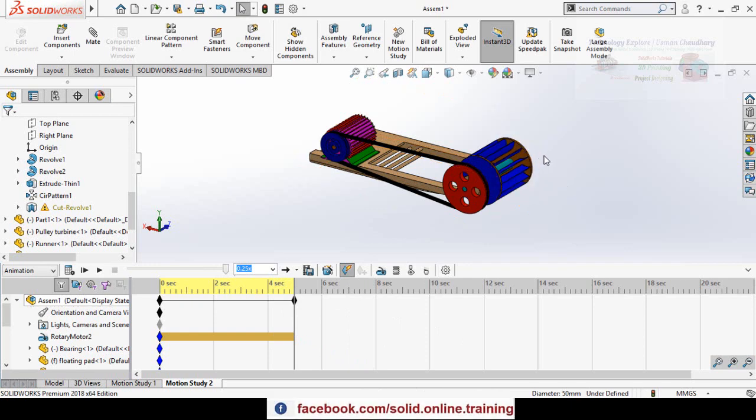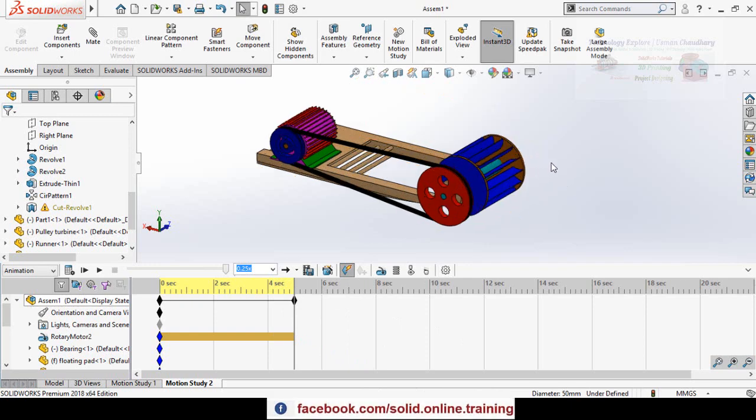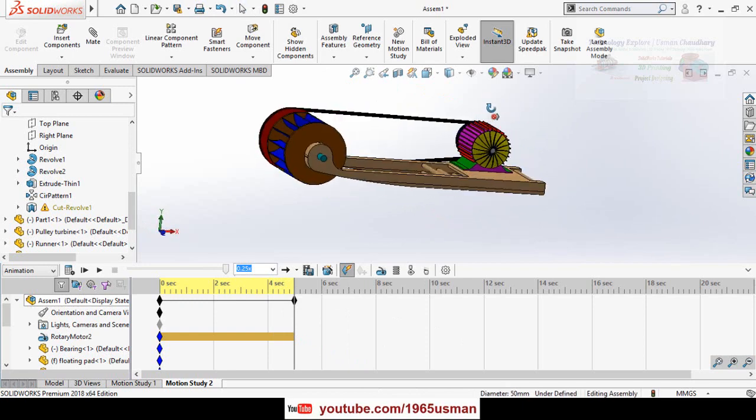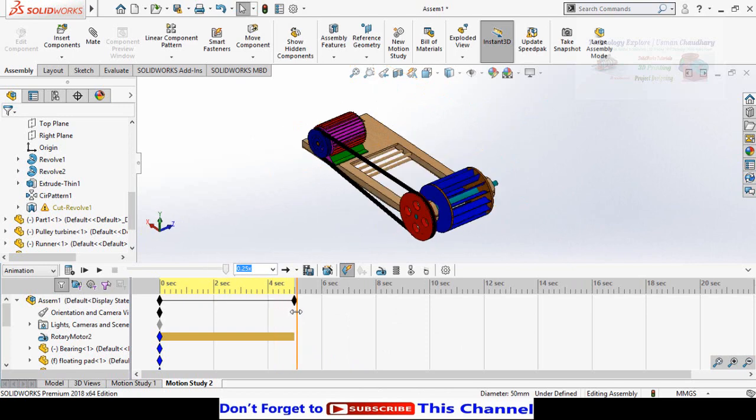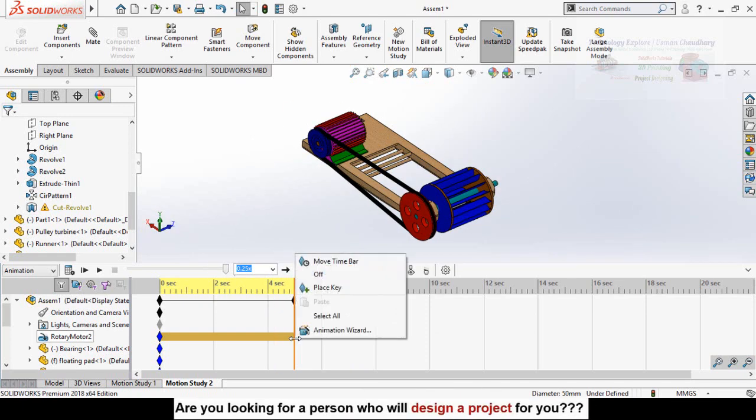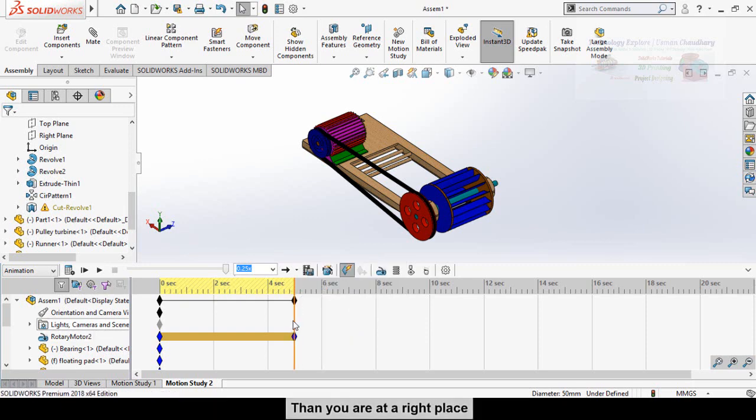Now the next step is rotating your view in the animation like this. Drag the seek bar to 4 seconds and then right click here and place key. Then drag the seek bar up to 8 seconds.